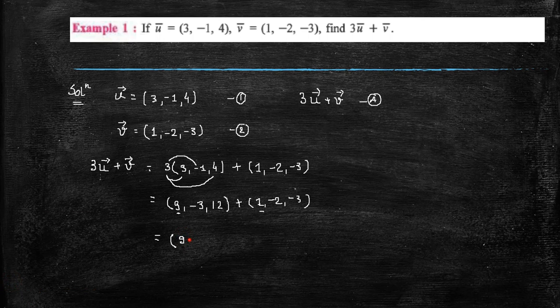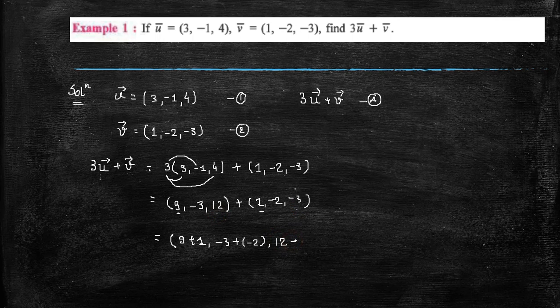So 9 plus 1, so u1 plus v1. Now u2 plus v2. After that u3 plus v3,